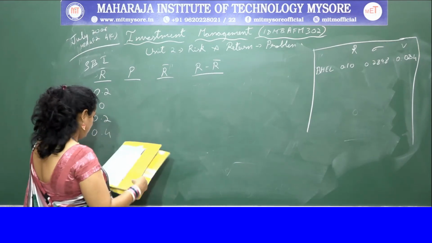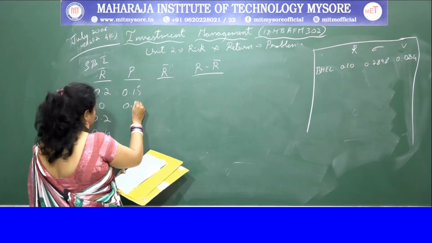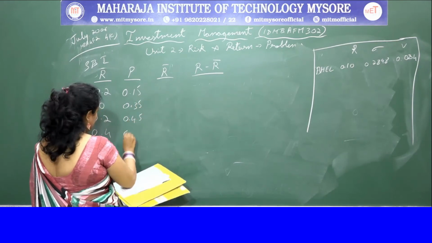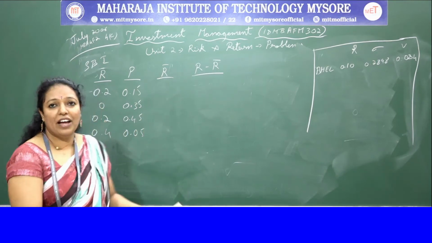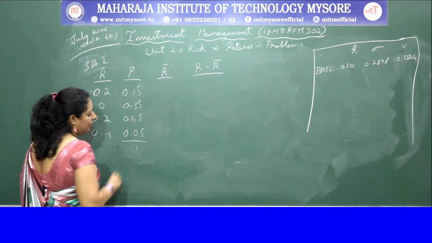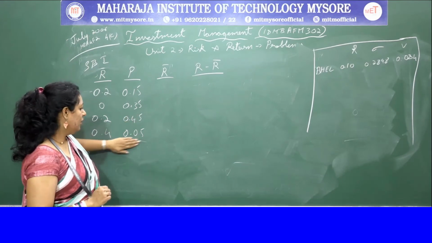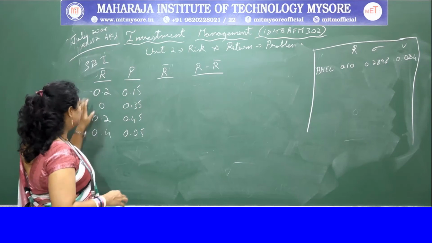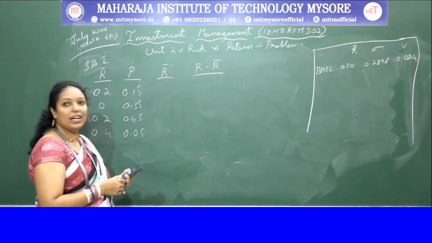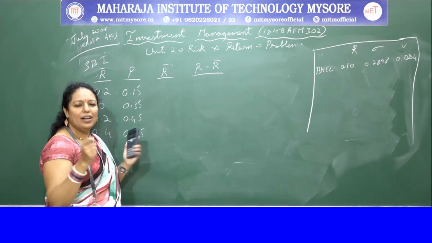probability is different for this problem. So probability is 0.15, 0.35, 0.45 and 0.05. And one interesting fact to tell you, if you are getting confused about any of the probabilities, if you add up, it will be 1, or 15%, 35%, 45% and 5%, it has to come up to 100. Okay, that is it. So here again we'll do the multiplication of this and then try to find out what the answers are. While I do the problem, you can also take the pen and paper and simplify.